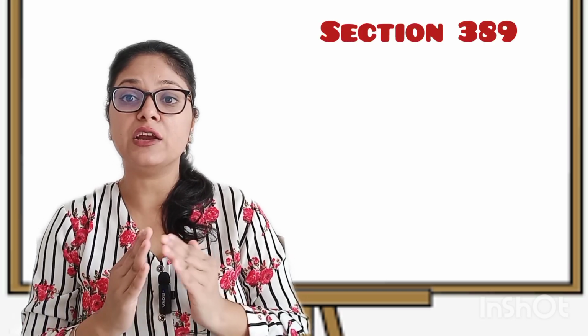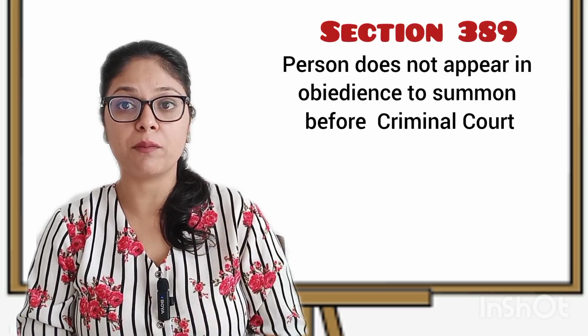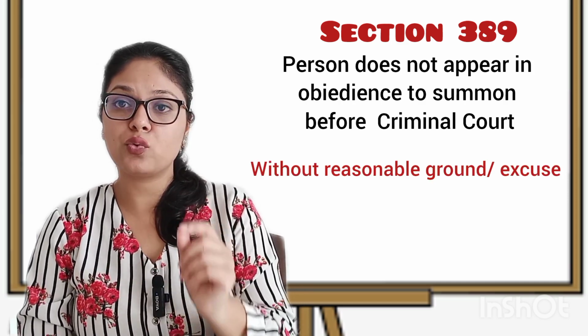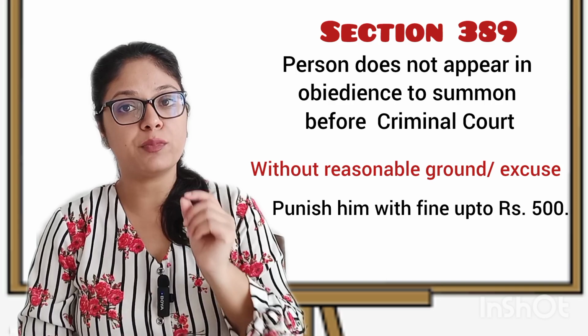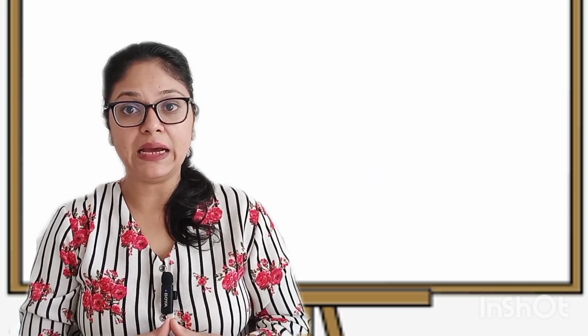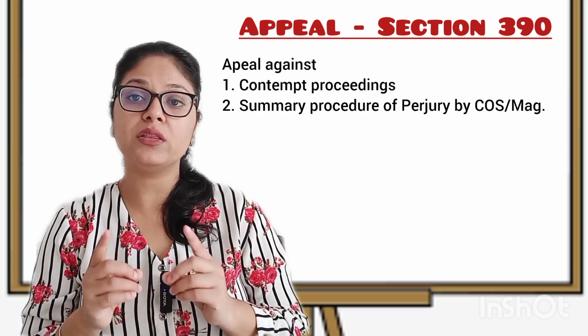The second provision is where a person does not appear in obedience to the summons issued to him. If there was no reasonable ground for not appearing, then the court can punish him with a fine up to 500 rupees. There is a provision of appeal against the order passed in contempt proceedings, or where the person is